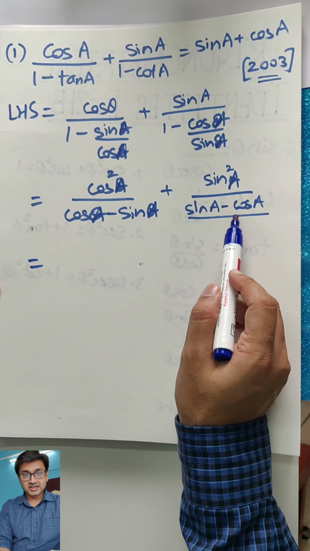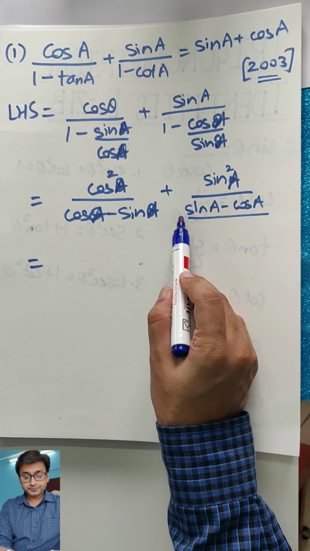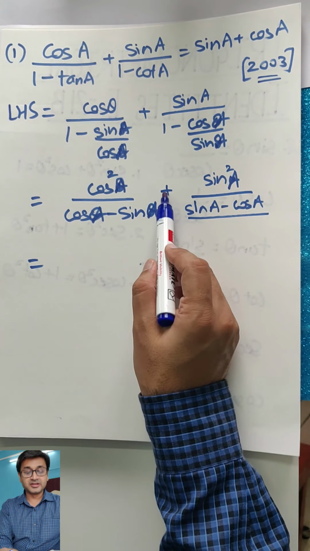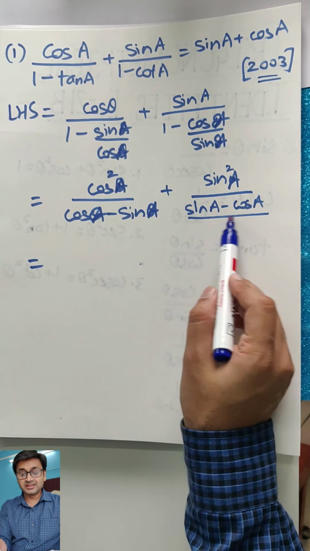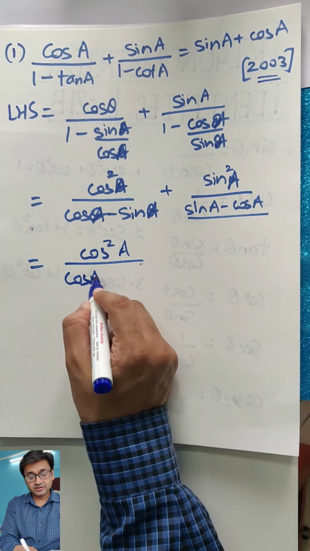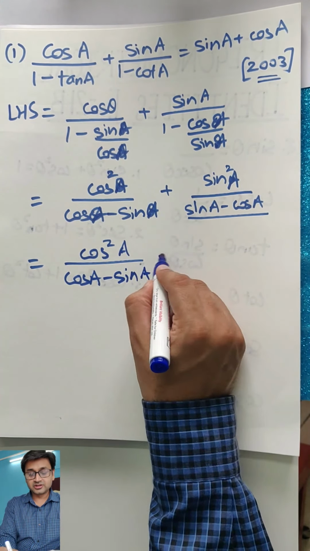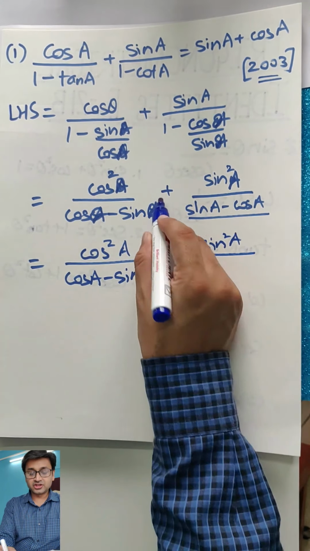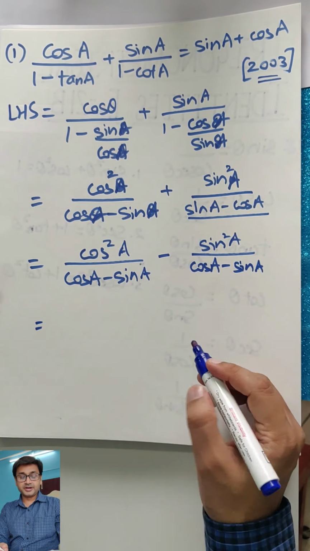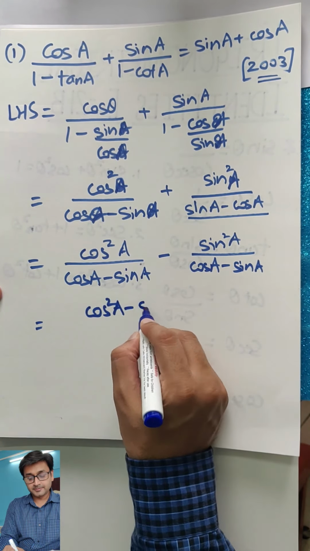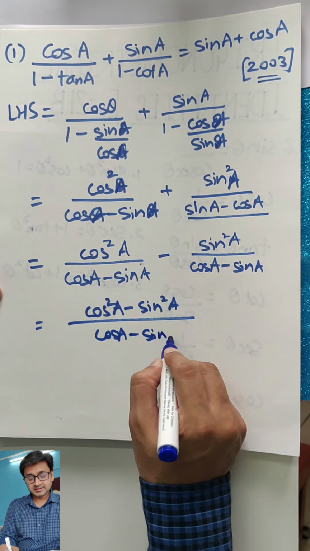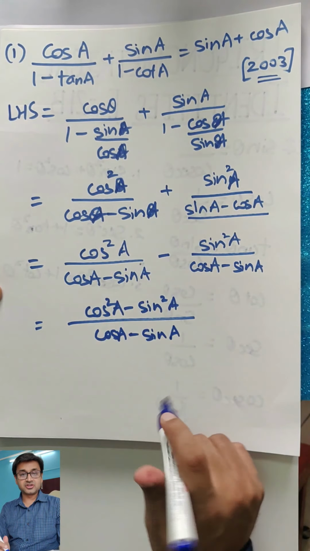So if you want to change these signs, you need to pull out minus common. So this will become minus and this will become plus, and then that minus and this plus will become minus. So basically this sign will change, then these will flip. Whenever you want to flip, the basic technique that we use is you change this sign. So when this sign changes, you can flip this as cos A minus sine A. Now we got your denominator same, so I can say cos square A minus sine square A upon cos A minus sine A. Denominator same, so numerator just added them.